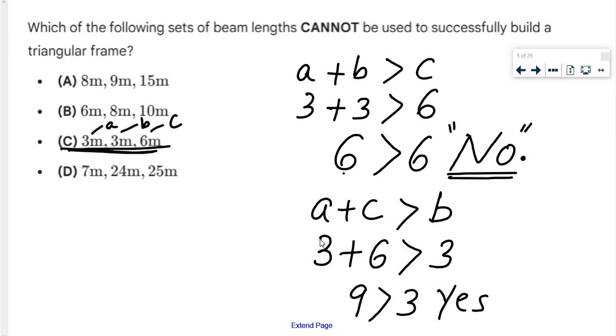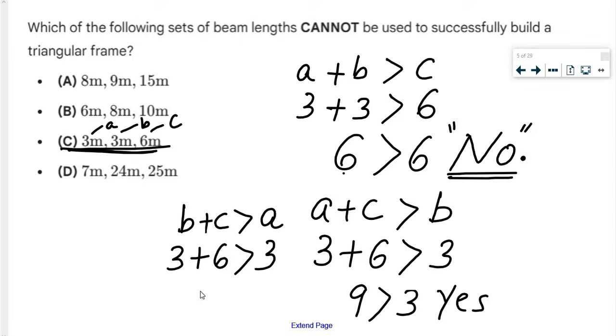Let us finish up the last part, which is B plus C. B plus C should be bigger than A. What is B? B is 3, C is 6. That should be bigger than 3. So 3 plus 6, that is 9, should be bigger than 3. The answer is yes. Now since we have only 2 yeses and another one is a no, therefore the